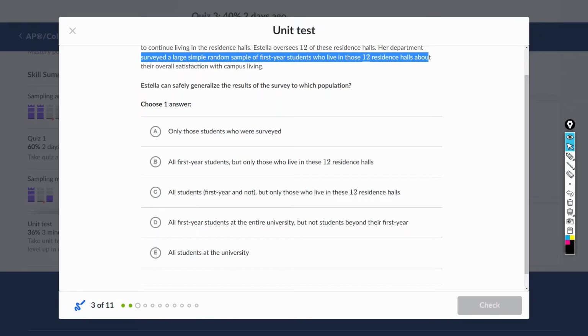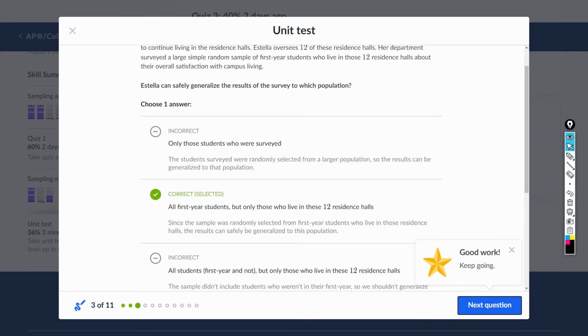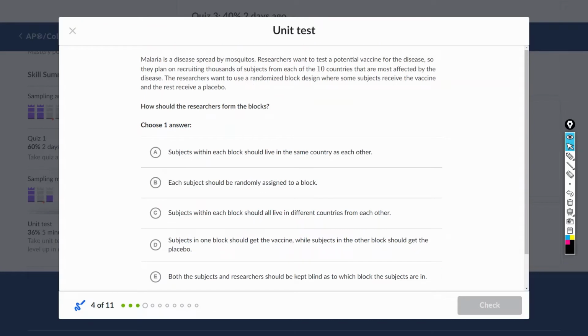Only those students who surveyed，那不是 population 啊。all first year student, but only those who live in these 12 residence halls。应该是这个。